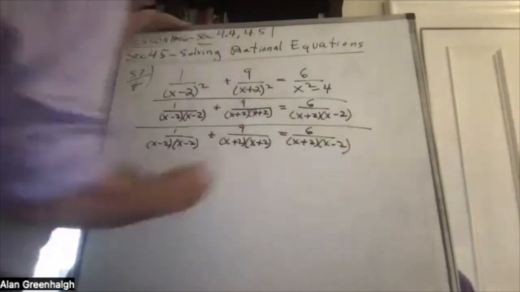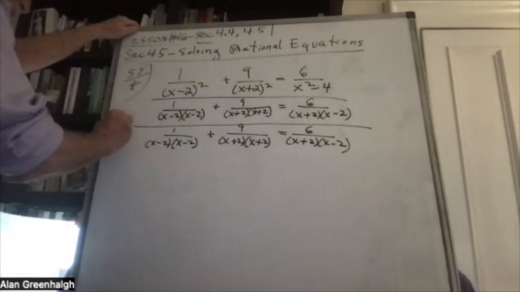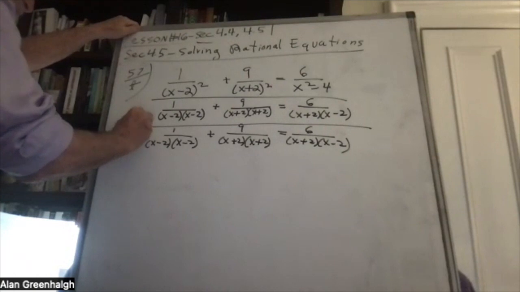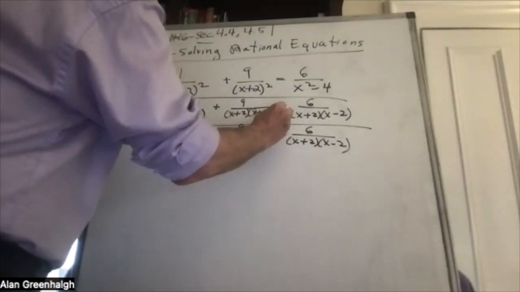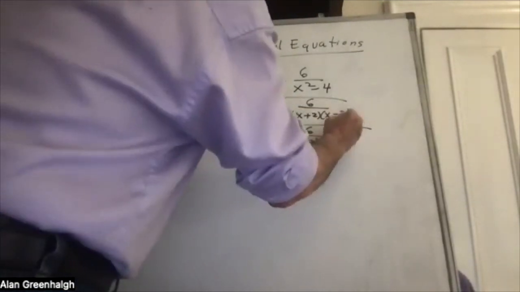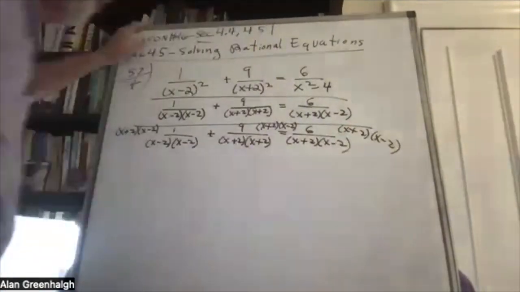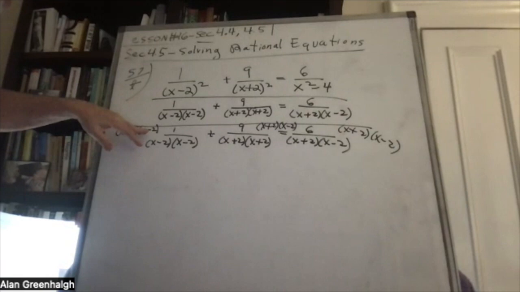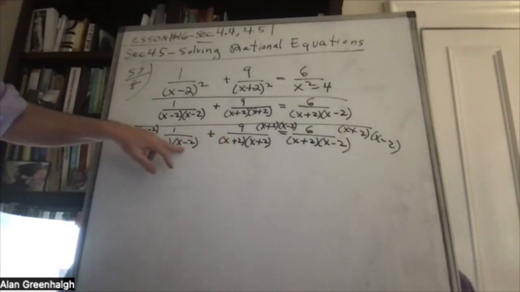Okay, now the least common multiple will be x plus 2, x minus 2. And x plus 2, x minus 2. So remember that all we want to do is multiply by something which will get rid of the denominator. So even though there's two of them here,